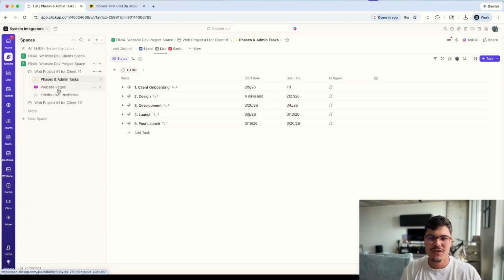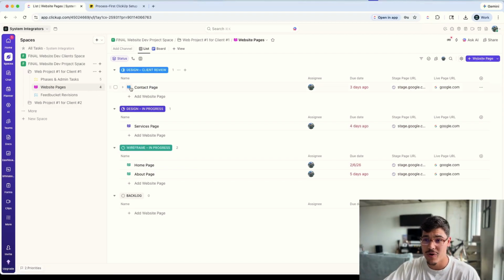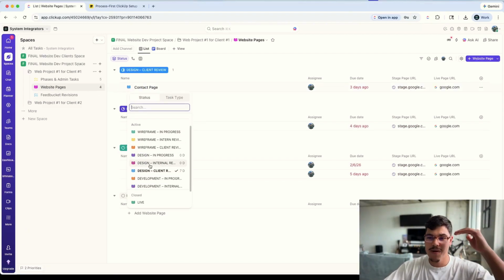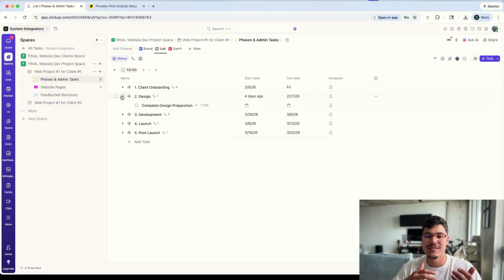So again, all of these things just help teams deliver the product or the end result to the customer. The web pages represent different pages that go through different stages of the process. You can see they go through wireframe, design, development. The same happens with the phases. These are the admin tasks that some of the team members need to take care of, and they're broken down